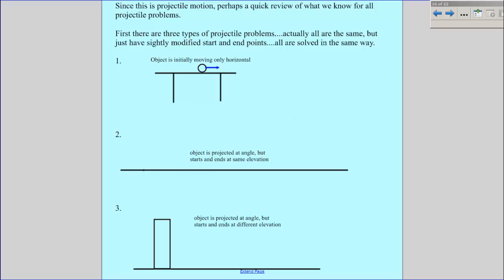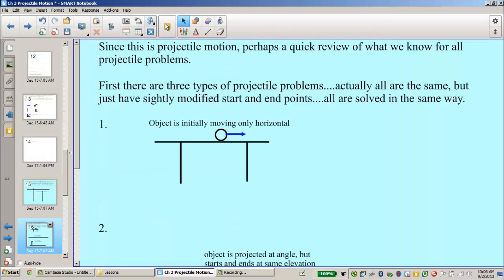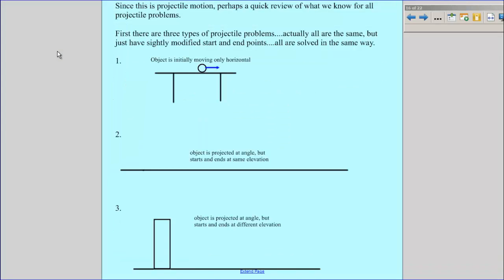The other examples are, let me go back and get my pen now. Unfortunately, this is going to be a back and forth thing, but for the first case, I'm going to have a mouse that's out of control. The objects can come off the table, and then because there's no table holding it up, it's going to undergo free fall. So again, the velocity vector is all in the x direction initially,